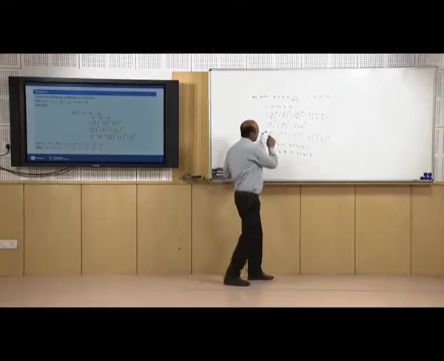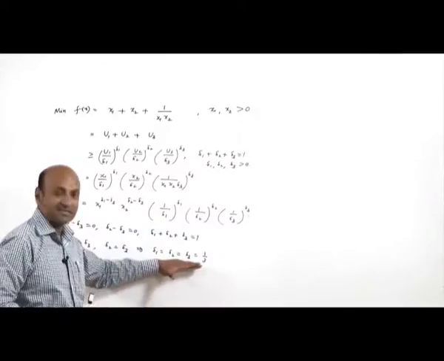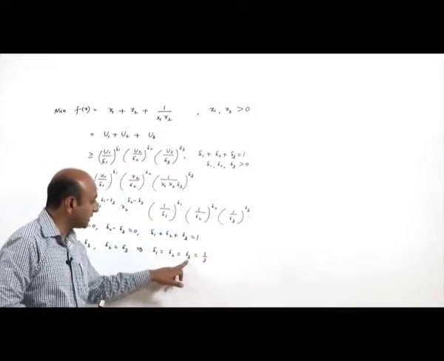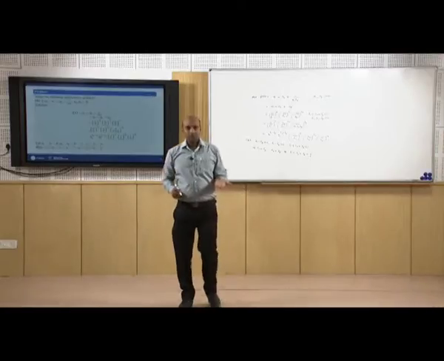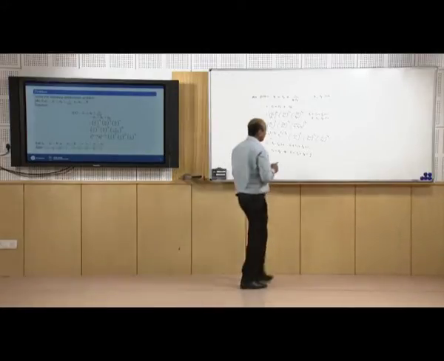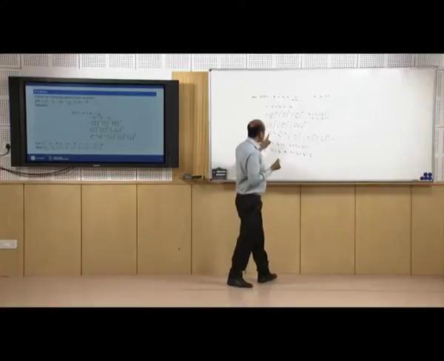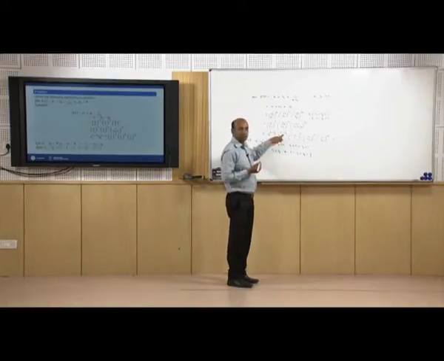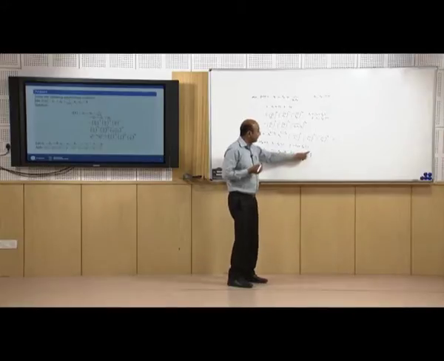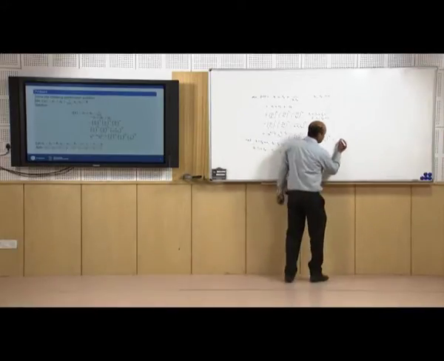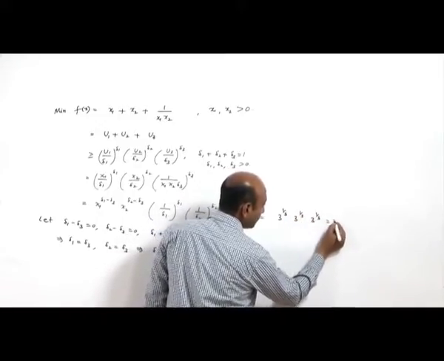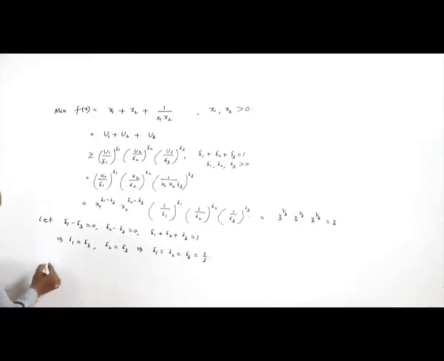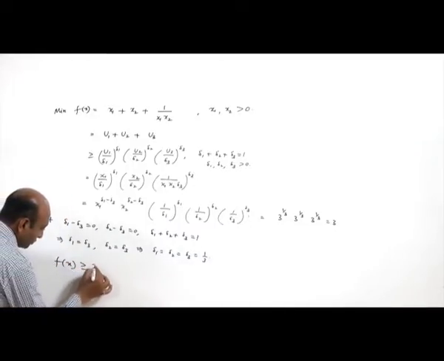Now, the maximum value of the right hand side is fixed because deltas are fixed. Delta 1, delta 2, delta 3 all are 1 by 3. When you substitute it over here, we are getting a fixed value of the right hand side. What is the fixed value? You see, x1 raised to power 0 is 1, x2 raised to power 0 is 1, 1 by delta 1, delta 1 is 1 by 3, that is 3 raised to power 1 by 3 into 3 raised to power 1 by 3 into 3 raised to power 1 by 3, which is 3. That is, f(x) is greater than or equal to 3. That means the lower bound or the minimum value of f is 3.